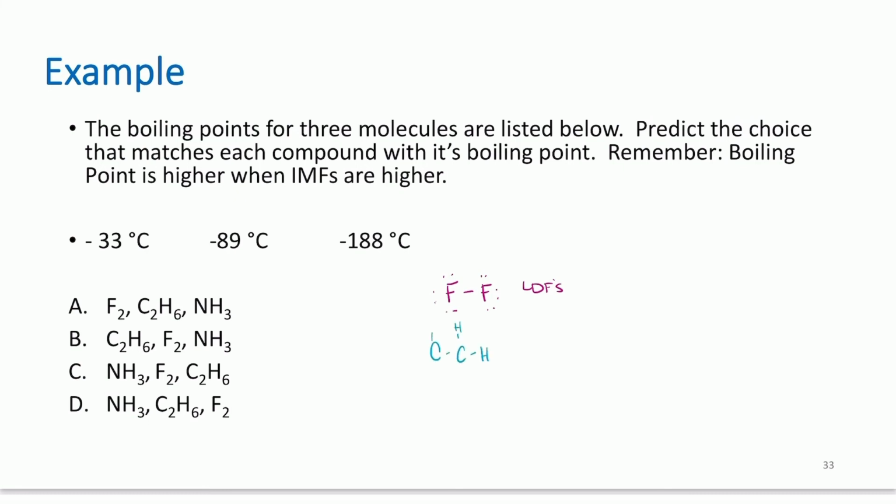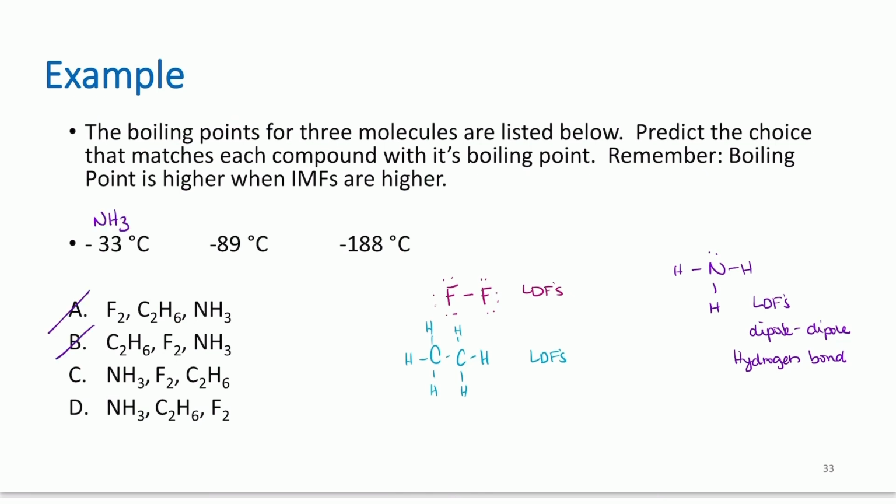Remember, hydrogen can only have 1 bond, so this is the only way I can connect this, like this. This also only has LDFs. And I've got ammonia. This has LDFs. It is polar. And it will hydrogen bond. So now we just need to figure out F2 versus C2H6, which one's going to have the higher mass here,